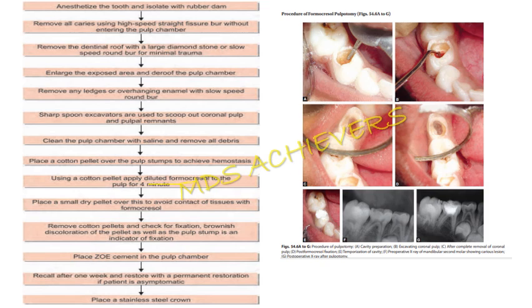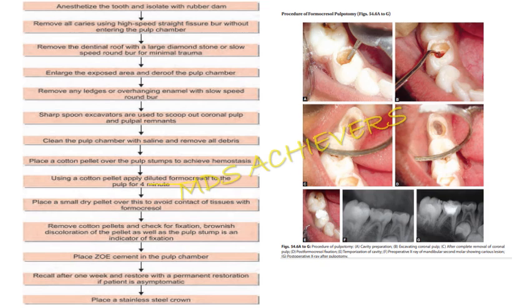Then place a small dry pellet over this area to avoid contact of the tissues with the formocresol, and remove the cotton pellets. The first cotton is with the formaldehyde, and the second cotton is a dry cotton just placed above to avoid contact of the tissues with the formocresol, because formocresol should not come in contact with the oral tissues, right? So that's why we place another cotton over the formocresol cotton, and place the ZOE cement